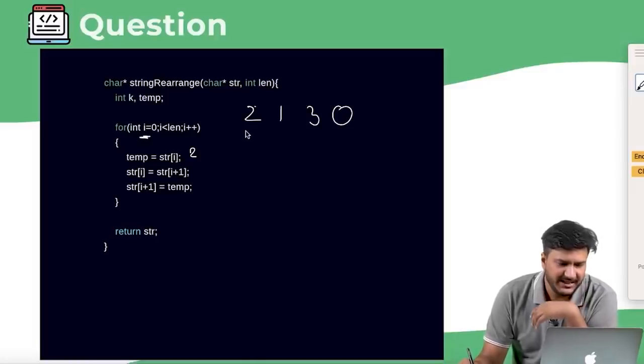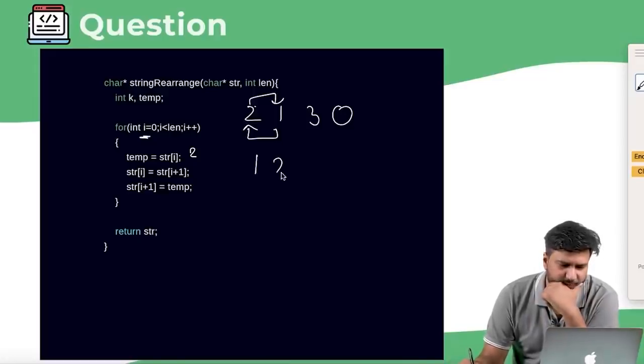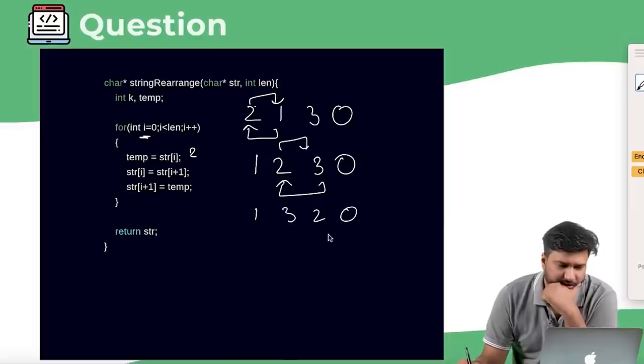So essentially this and this are swapping, right? It's perfect. In the next case, 1 2 3 0, then again this and this get swapped, so it becomes 1 3 2 0. Then finally, this and this get swapped, so it becomes 1 3 0 2,